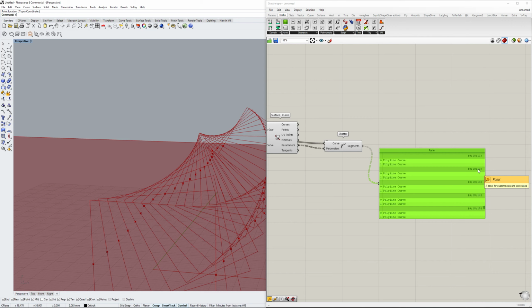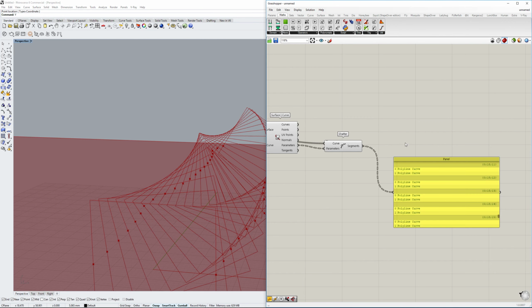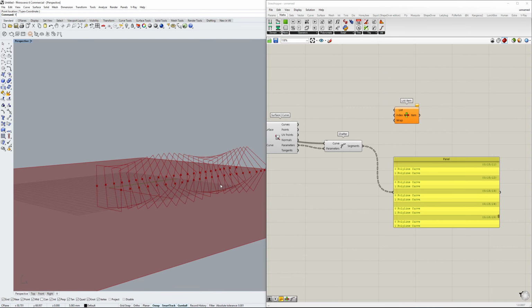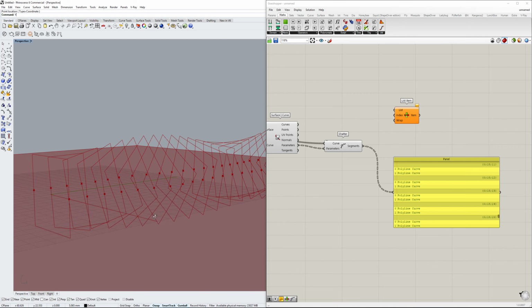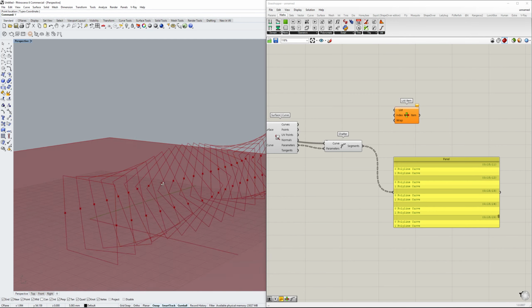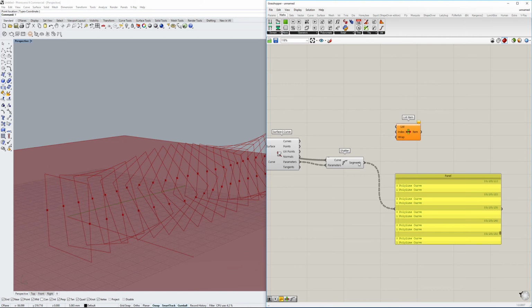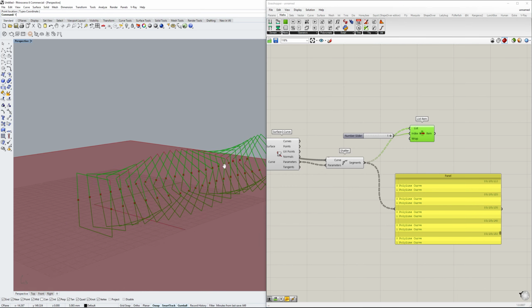Now we have those split curves, and we want to basically select the top one, for example. You will see there will be a little error, but we want to select the top curve every time and not the bottom one, because we have to distinguish which side we want to take, right? We want to take the top one. So you see what will be happening here. If you're just gonna take this as a list,